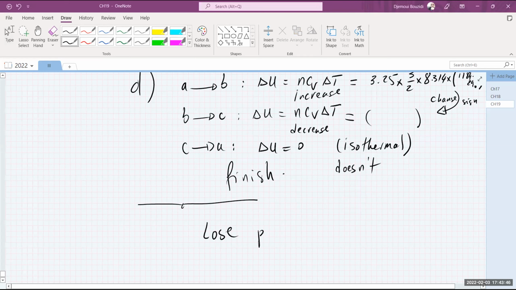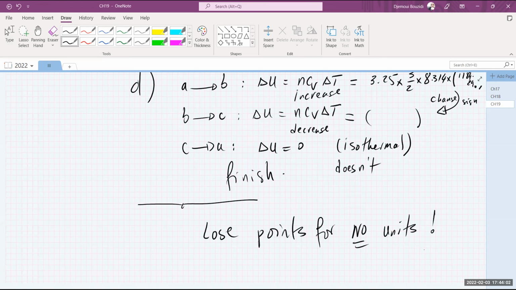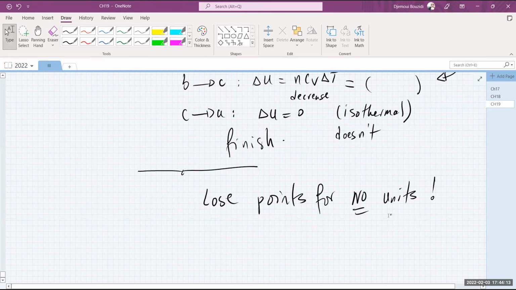You will lose points for missing units. This is a big deal in physics. You will lose anywhere between 1 to 2 points, depending on the type of assignment and whether it's an exam or not. So this is really something you don't want to ignore. Put the units at the end of the day. That's very important. So even when you post the discussion items, post them with proper units.